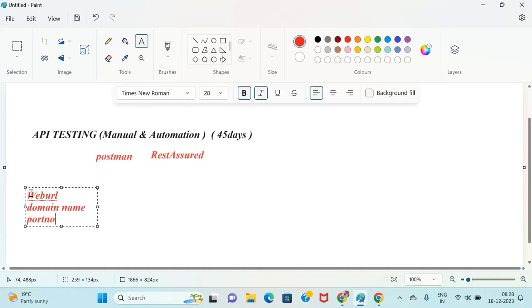Because whenever we receive an API, we should be able to understand what parameters it contains, what details it has, how we can perform the task, and whether we can create multiple scenarios using those APIs. We should have that clarity. So, what is a web URL, what is a domain name, what is a port number, what is an endpoint,